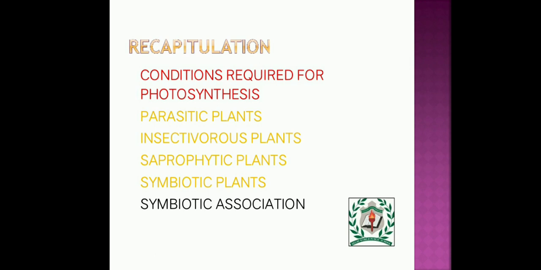Next come the saprophytic plants. Saprophytes are the organisms which feed on dead and decaying matter, and their mode of nutrition is known as the saprophytic mode of nutrition. Examples of saprophytes are mushroom and bread mold. Next come the symbiotic plants. It's a close association of two organisms in which both will be benefited. In that, we have seen lichen. Lichen is an example of an algae and fungi relationship. Then how the symbiotic association helps to replenish the soil. In that, we have seen how the